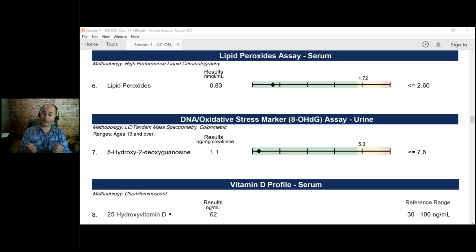Similarly, these free radicals or oxidative stress factors can get inside the cell, into the nucleus of the cell where the DNA is, and they can damage the structure of the DNA, which causes the DNA to replicate abnormally. That's a very bad thing. That's basically the origins of what we call cancer, right? If cells are